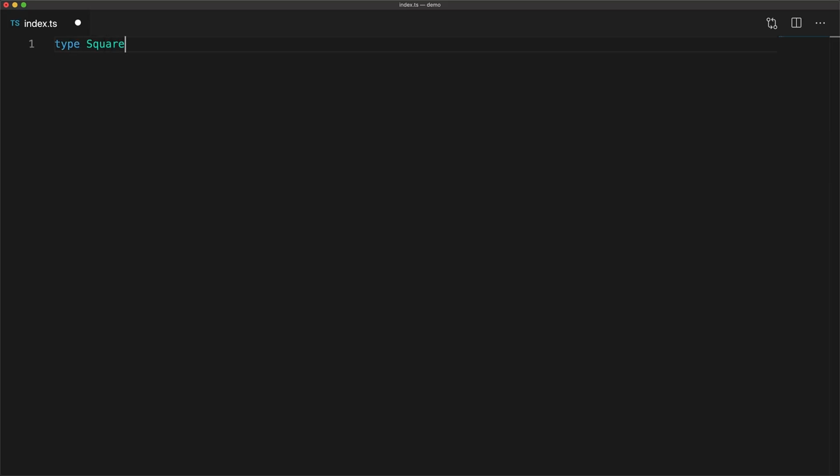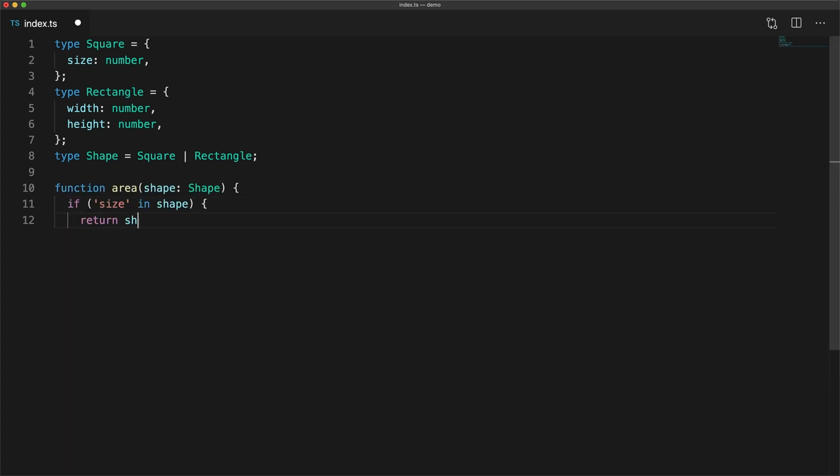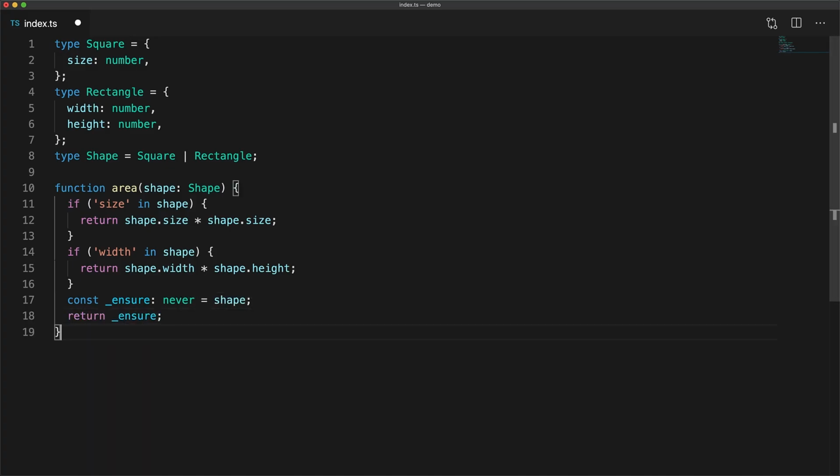Here we have a type representing a square with a member size and a type rectangle with the members width and height. Then we have a type shape which can accommodate both squares and rectangles. In our utility function area, in order to discriminate between the square and the rectangle, we check if it has a member size to determine if it's a square, and we check if it has a member width to determine